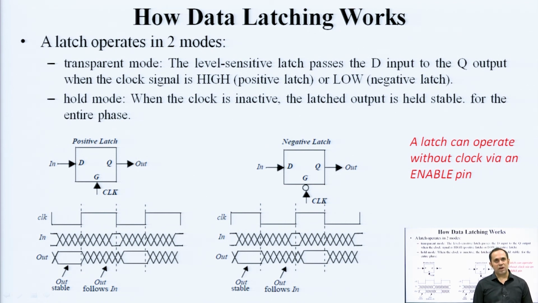When the clock or enable is inactive, opposite to what it was in the transparent mode, the latched output is held stable for the entire phase. Until you have the correct level on the clock, positive for positive latch, low for negative latch, data will keep on writing at the output. As soon as the enable or clock reverses, the data becomes held, latched and remains stable until the next level